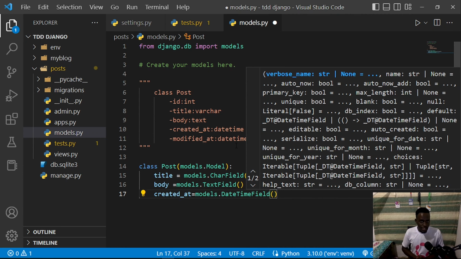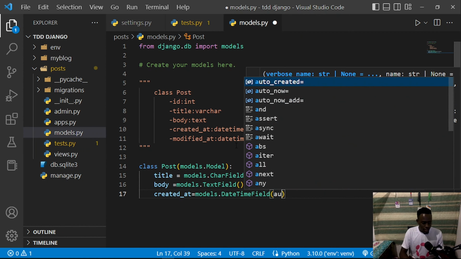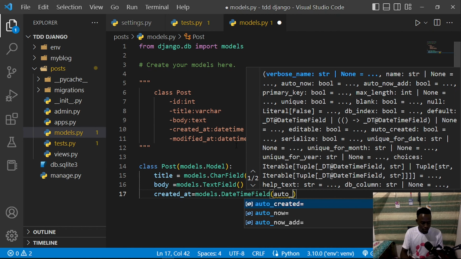Now right in here we can specify that what we need is the auto_now_add attribute. What this does is it keeps track of the specific time that you created that post object, and then stores it in our database. So I'm just going to come here and say auto_now_add,